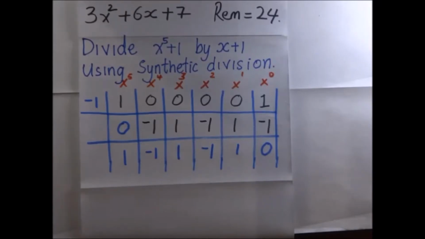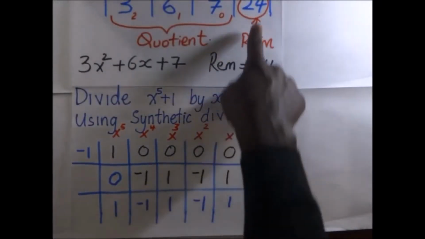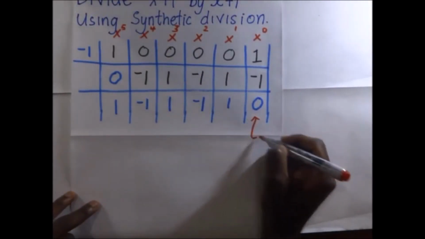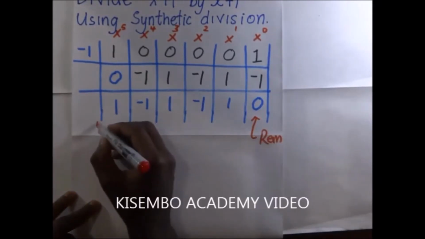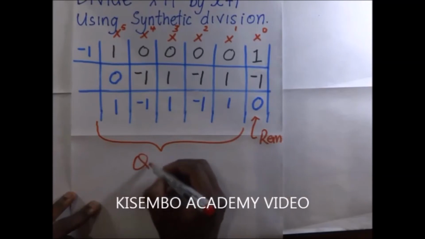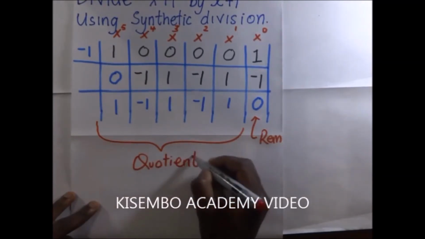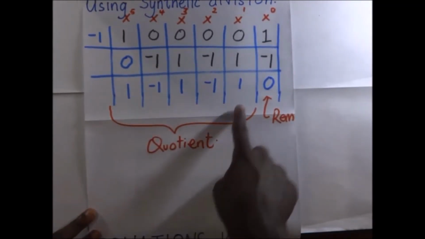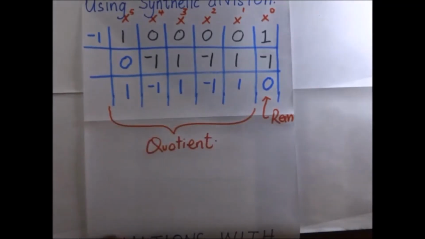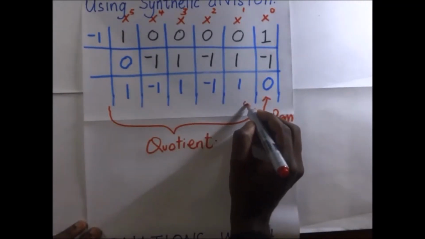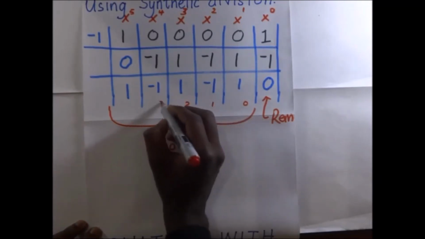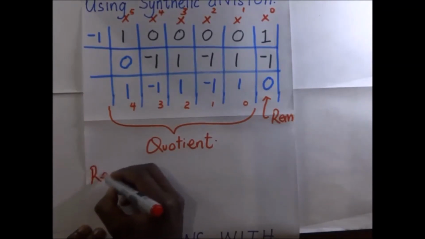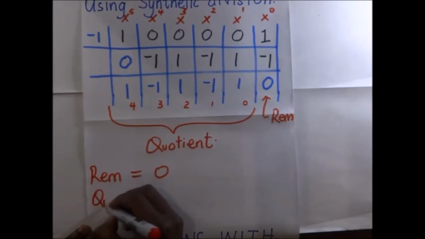So from that we get our last term here, just like in our previous number, is supposed to give us the remainder. So it means here our remainder is going to be 0. So that is our remainder, and then our quotient is that. Now for our quotient, the powers of x are labeled counting from here 0 going that way. So the value of x for this is going to be from 0, 1, power 2, power 3, power 4. So it means that our remainder is 0 and our quotient